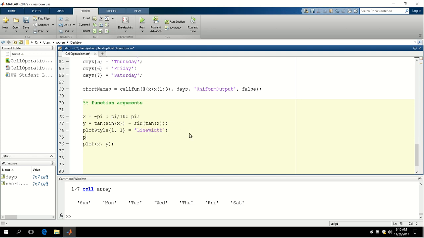So plot style, second row, first column. So line width, I want the line width to be 2, for example. And then that's for the first column. The first column is just for specifying the line width. And then let's do the second column. Again, the first row, second column is going to equal marker